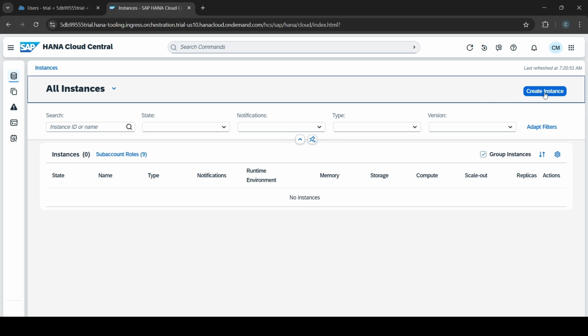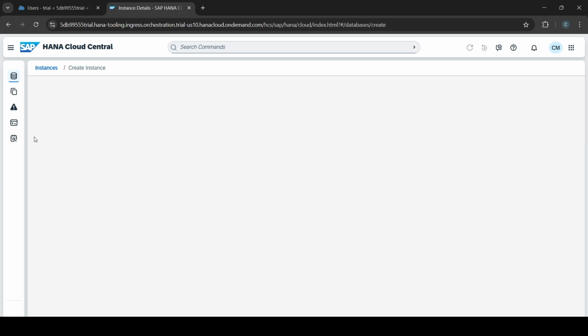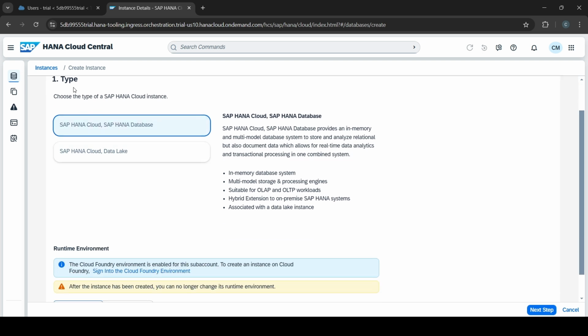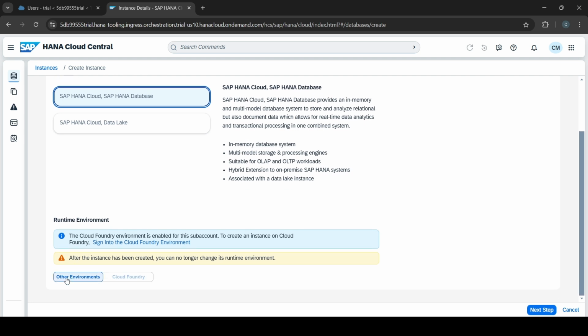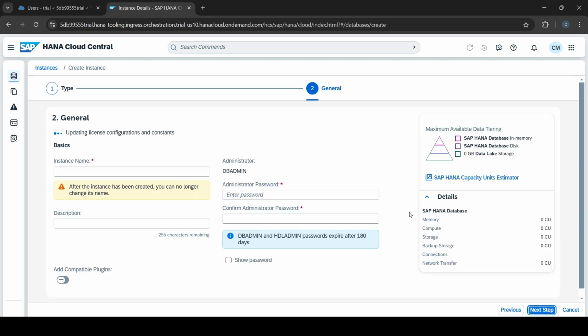Now we will create an instance, a database instance that we can see here. So we'll click on create instance. While choosing type, we will choose SAP HANA Cloud, SAP HANA Database. We are not going to use Cloud Foundry here since we can use other environments, and from those other environments, we are going to add an additional Cloud Foundry environment. So we click on next,